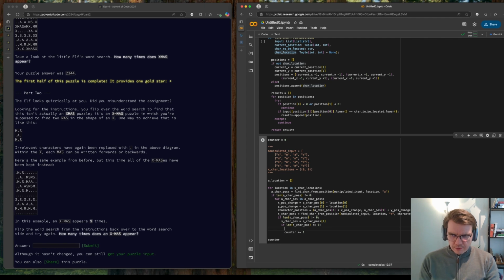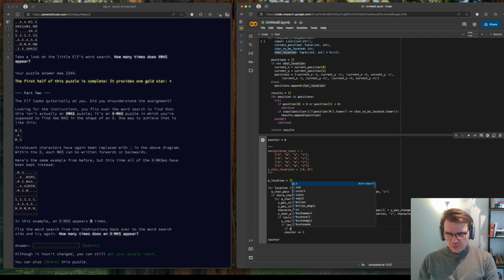Since we have the A character position here, or actually here, we can check if A char pos in A locations,